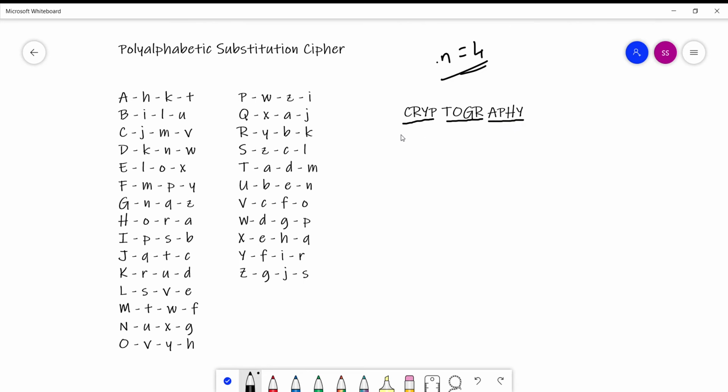Now we have to decide from which letter the encryption is going to start.